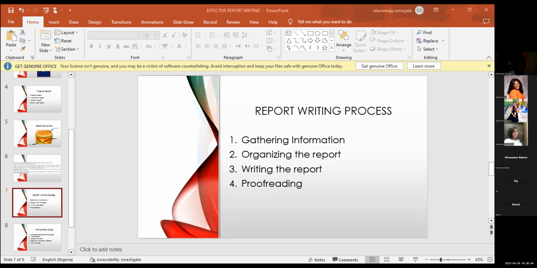Okay, remember that you are also presenting yourself. Like I said, remember when we talked about presenting a report to a school, you are presenting yourself to the school, isn't it? If you write a report that is not nice, that doesn't have the correct tone, no punctuation, no full stop, how do you think your team lead or your head of school will look at you? They will say, this teacher doesn't even know how to write a common report. So how sure are we that she's doing what she's supposed to do in class? How sure are we that the students are even learning?